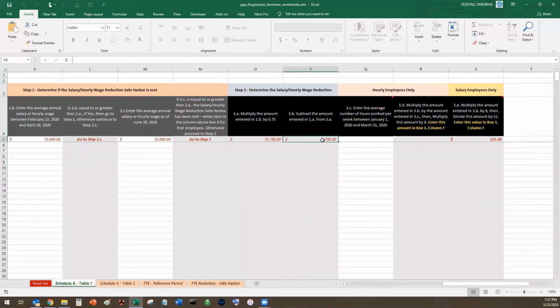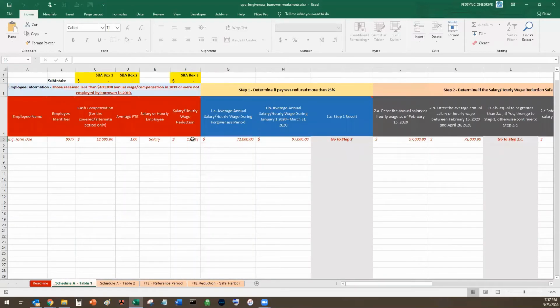Now, it happens that they're paying salary. This is $750 for the whole year. This is for the period itself. So this is the amount that needs to be keyed into this field. This particular box up here, these are the 3 boxes where we're going to capture the information and key into our application on the web. So box 1, 2, and 3,